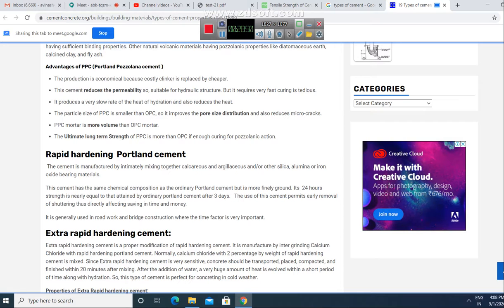If the 24-hour strength of ordinary Portland cement, see, you are comparing after 24 hours how much is the strength obtained in an ordinary Portland cement and rapid hardened cement. We will see that the strength which the ordinary Portland cement gets in 24 hours will be equal to the,